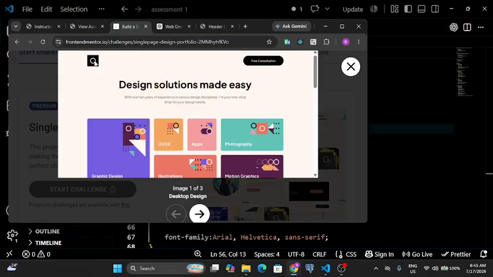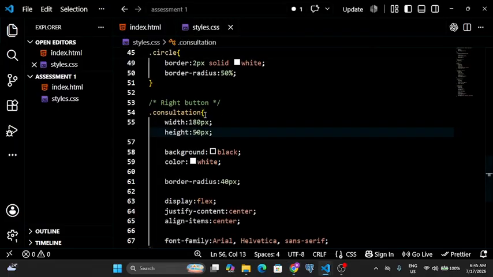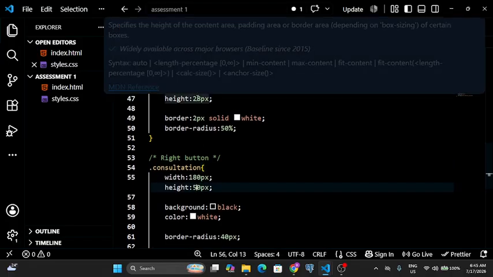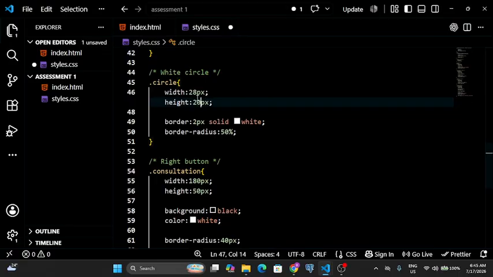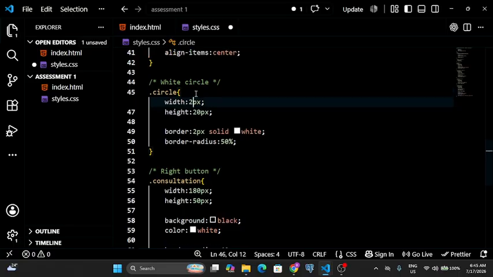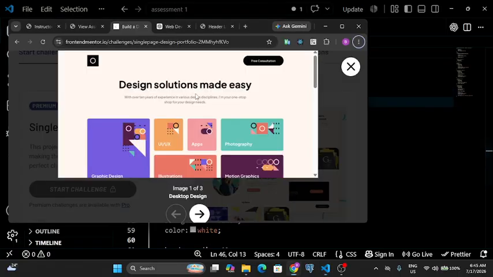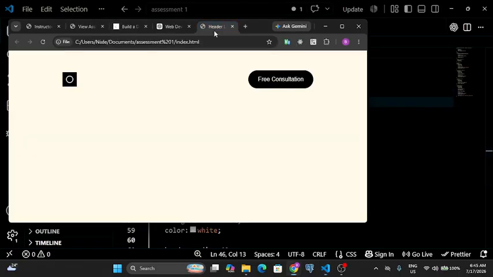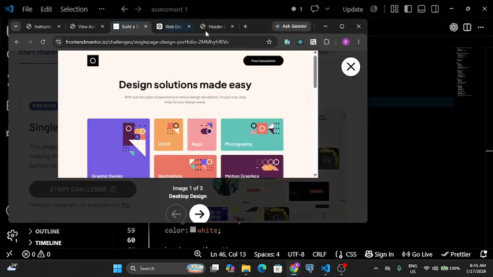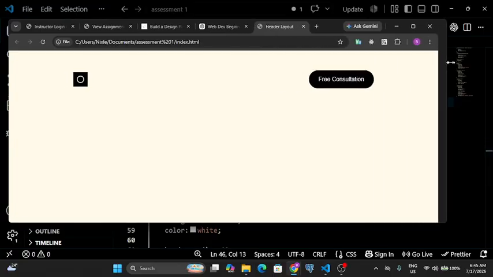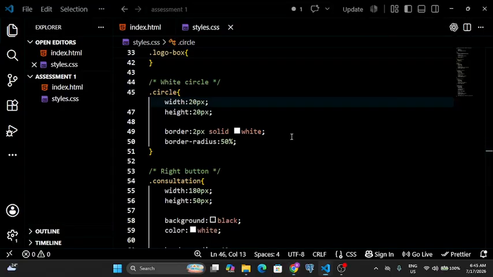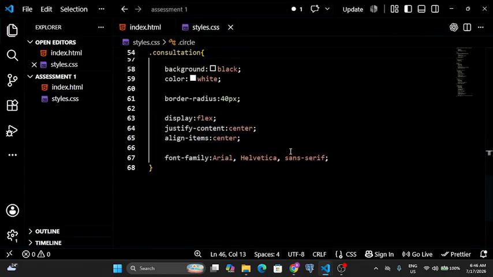Then our circle too should also be smaller. So we can come here and make this 20 by 20. Okay, so that is that for that. And then we can now come to our